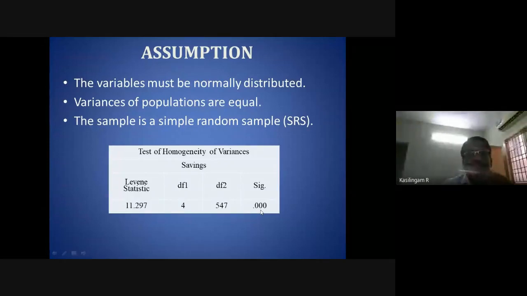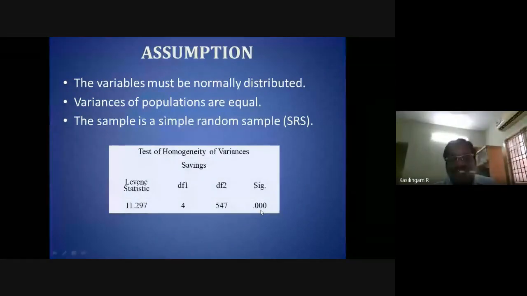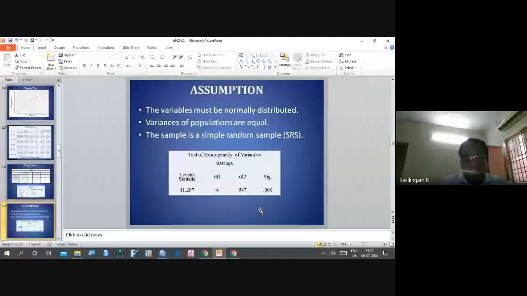What, sir? We have already seen the ANOVA, sir. What to do, sir? Now, see, people are developing statistics also, they are inventing. Already some people have invented something; they are trying to do something. They have given a substitute, so we can use ANOVA also. How? Instead of ANOVA, in the same compare means menu itself, they have introduced the Welch test.